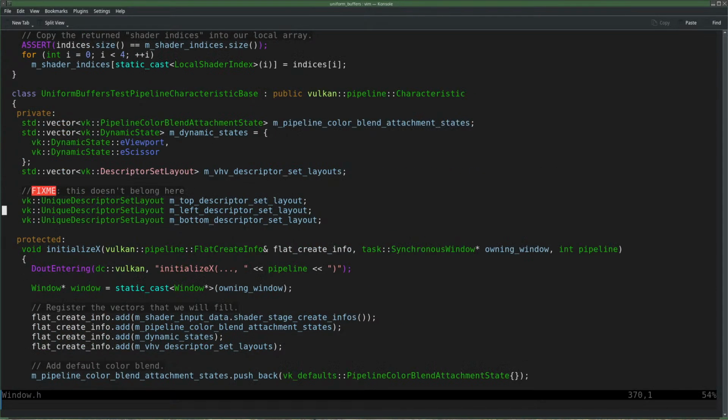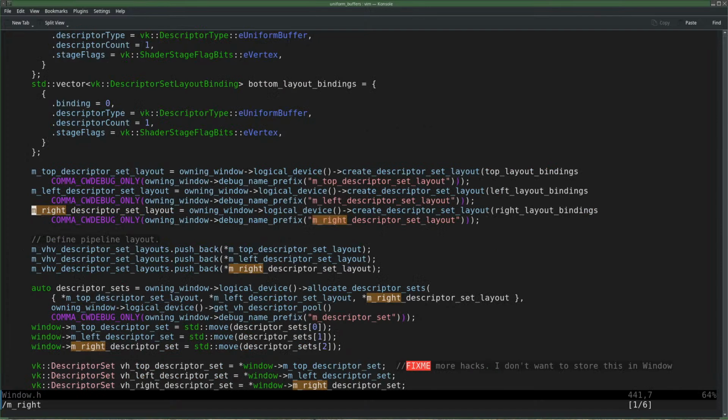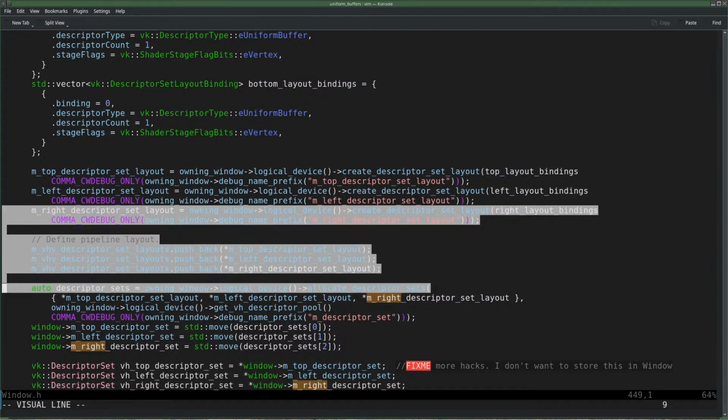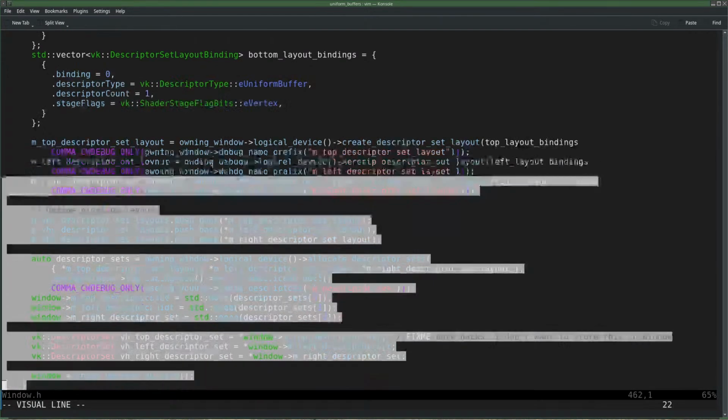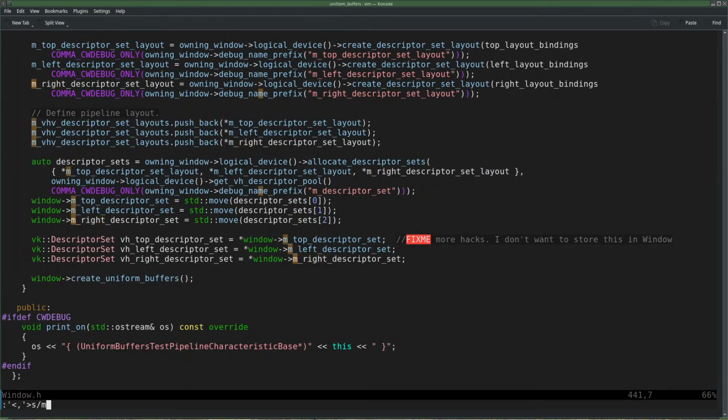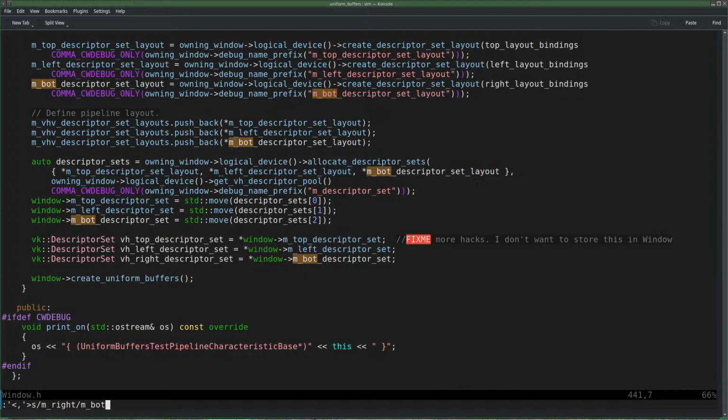To left bottom. It's called bottom, not right. It's always been bottom. Okay, that's a lot of them. Wait a minute. Right, and that's it, I think. Substitute m right with m bottom.